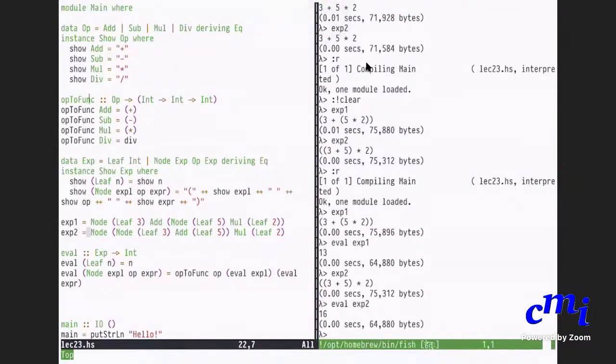I can say show post, let me call it. Okay, that's also just a simple recursive function, just like your earlier show and your eval, etc.